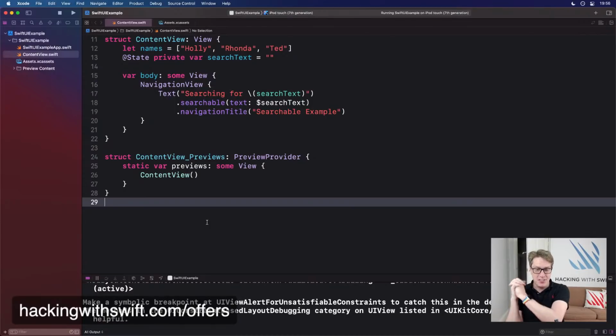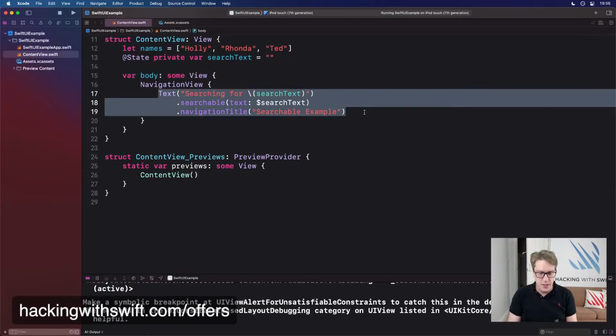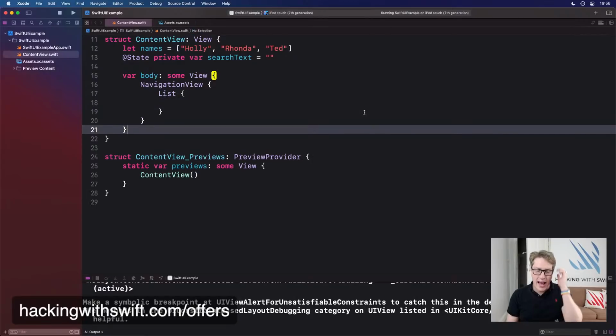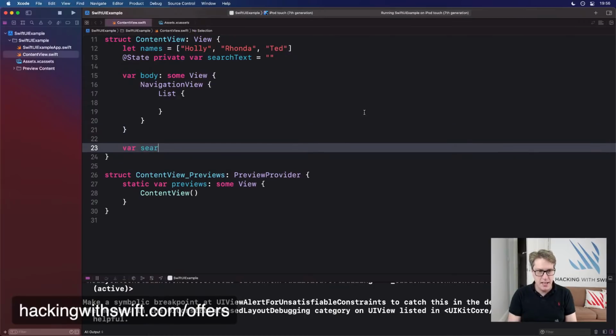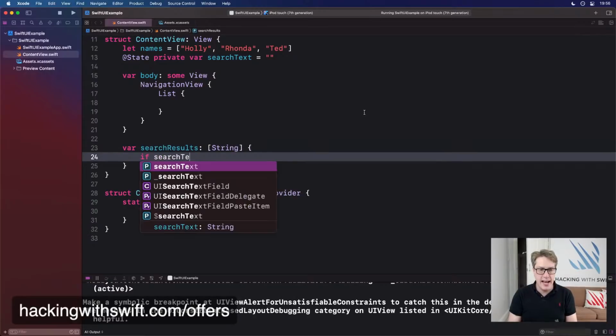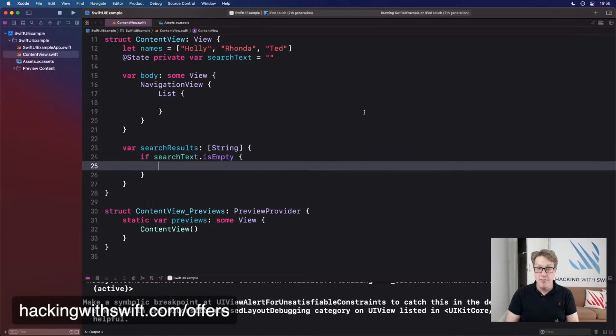Anyway, where was I? Oh, yes, lists of stuff. We can make lists of stuff. Let's do a list. And inside our list, I want to have the names we're showing on the screen filtered somehow. So I might say something like, give me the search results as an array of strings. And if our searchText is empty, we haven't searched for anything, we'll return names.